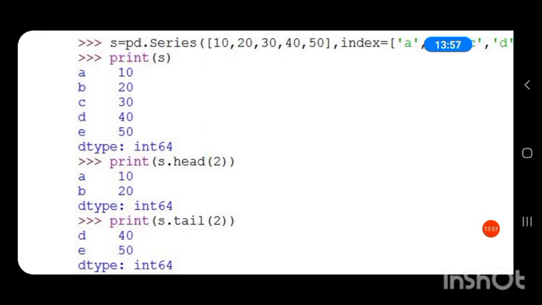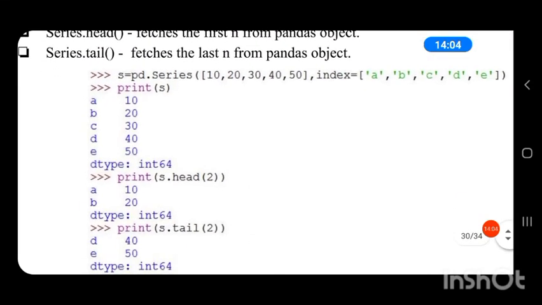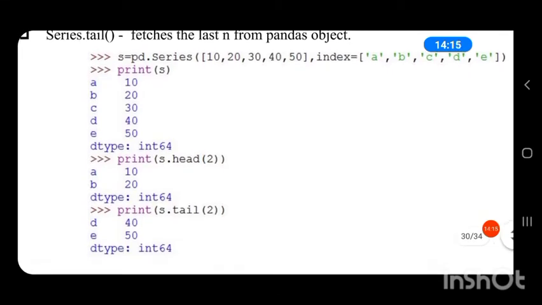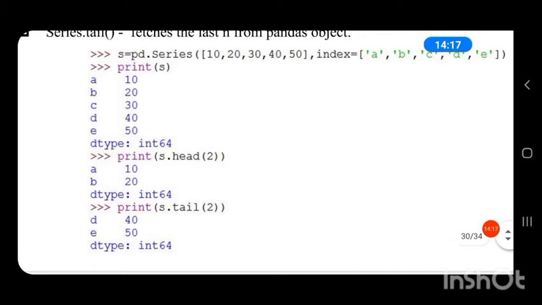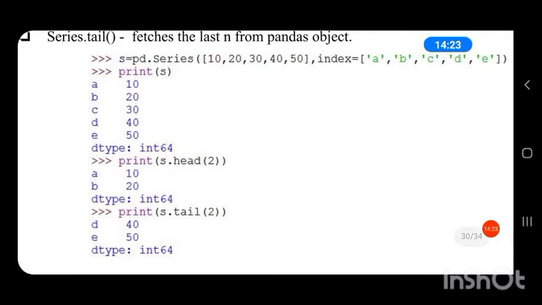Head has the parameter 2, so it will take the first 2 values from the series. So the first 2 values are 10 and 20. Its corresponding index is A and B. So A is pointing to the value 10, B is pointing to value 20.